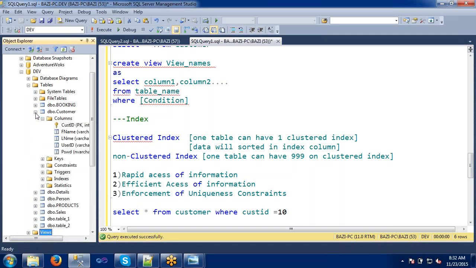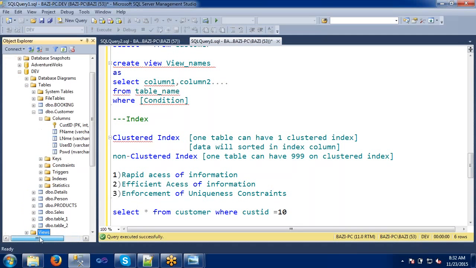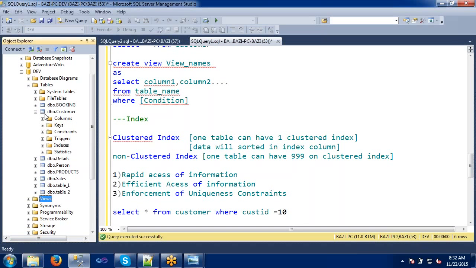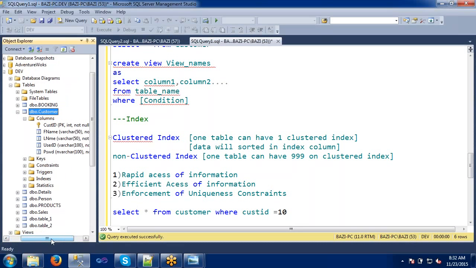Let's take something here. Let's create the indexes here itself. I'm going to take a customer table here. In this we have this many columns. Now I'm going to create the index here.